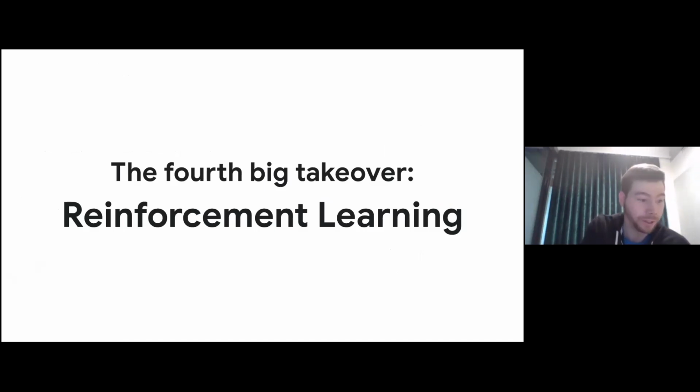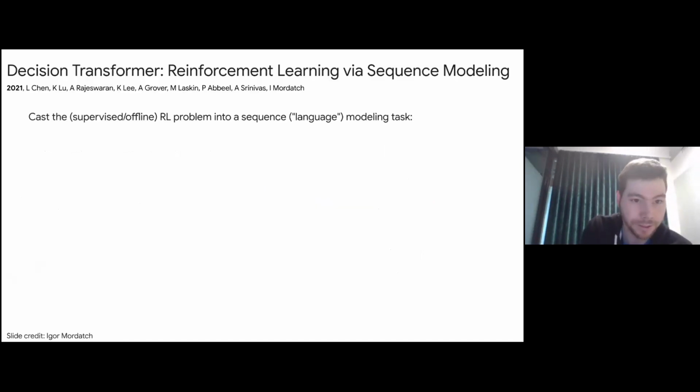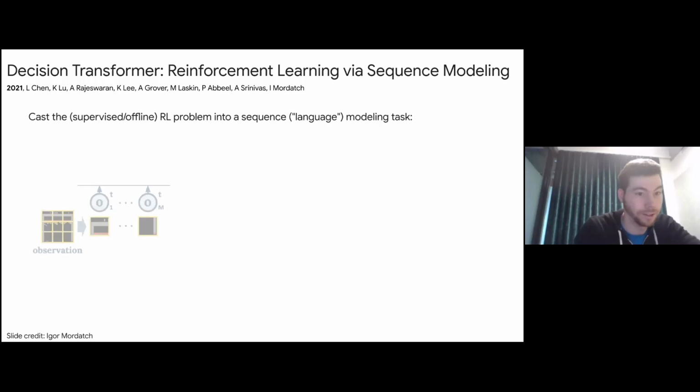Then reinforcement learning. I like this one especially because it's especially nice. So this is, I should say, offline reinforcement learning. So you have your large collection of traces, like think of someone playing through a game, like an Atari game or Mario or whatnot. And they basically cast this as a language model. You want to learn the language of all of these traces.